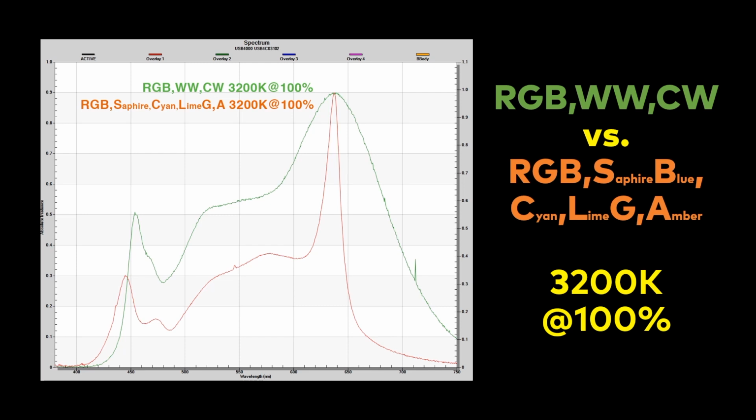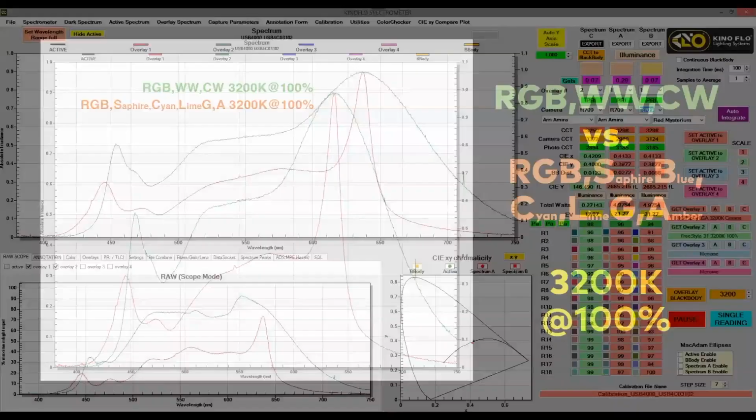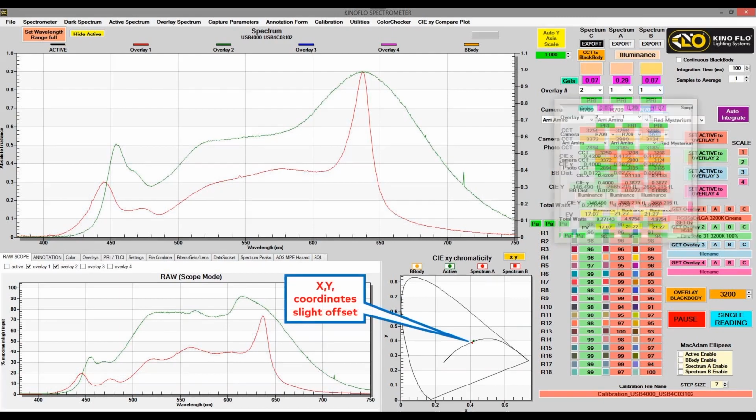So here's an example of a 3200 RGB, sapphire blue, cyan, lime green, and amber. And again, when you look at their overall distribution, it seems like it fills in a lot of the gaps. But once you see it spread out and compared, you see how different the volume of spectrum is. And if we take that into our program,